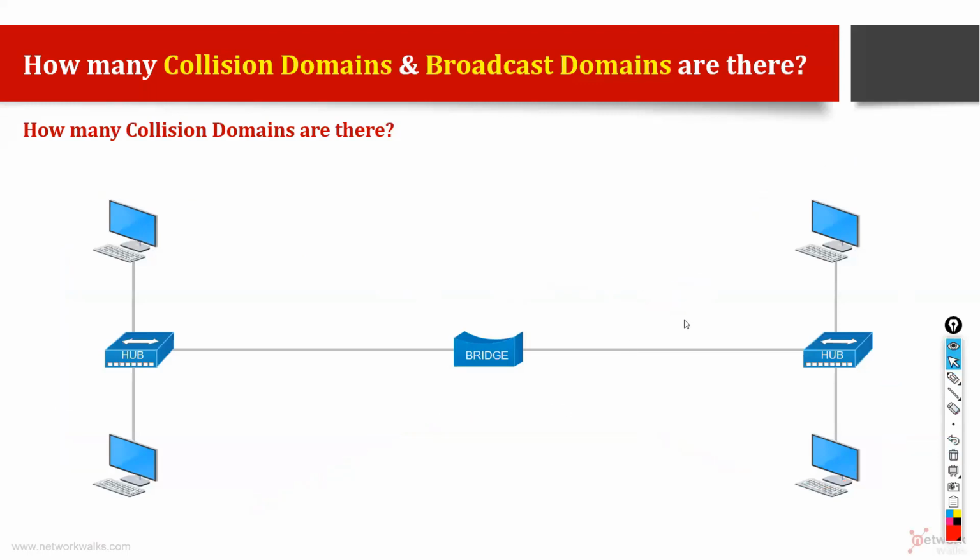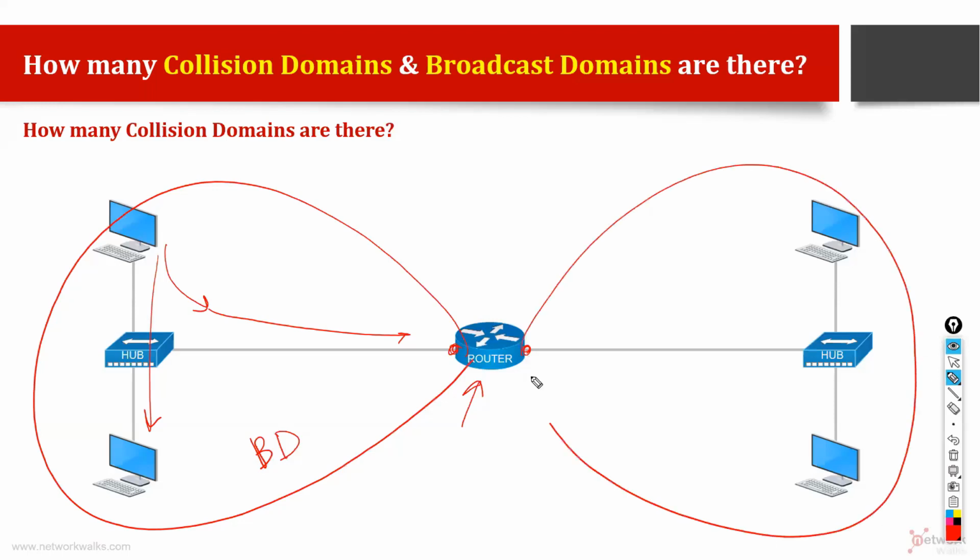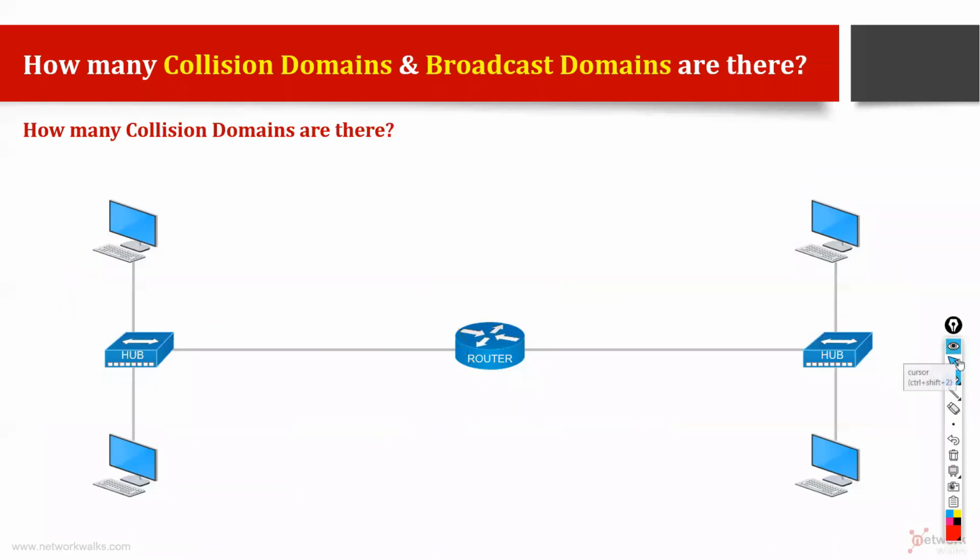Very good. Let me ask you another question. Now, how many broadcast domains? Now there is a router in between. So pay some attention. How many broadcast domains total? Everybody says correct. Yes, because if this computer sends a message, it will only reach here and the router port. That's all. So this is one broadcast domain on the left side. Similar thing on the right side. This is also a broadcast domain. So in total, there are 2 broadcast domains. So now I hope if somebody asks you a question about broadcast domains in an interview, you can answer easily.